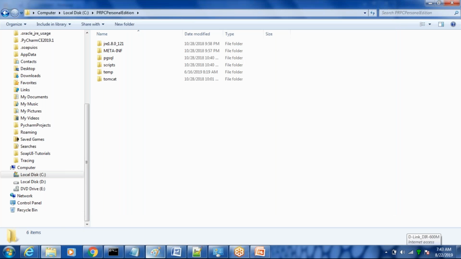So here you will see the prerequisite software for this personal edition. Java is one such thing. You did not change any settings; by default, the path and everything is set for us. You did not set any path. All right, so here you will see the second prerequisite: the Postgres SQL database.